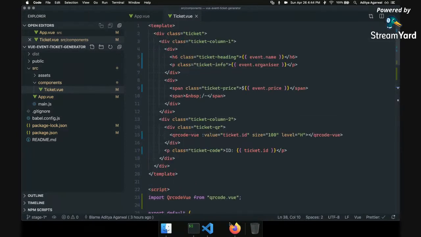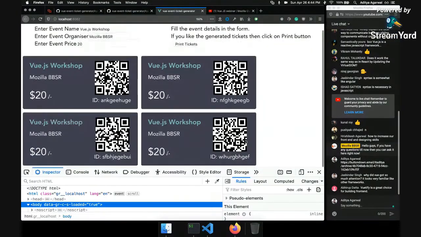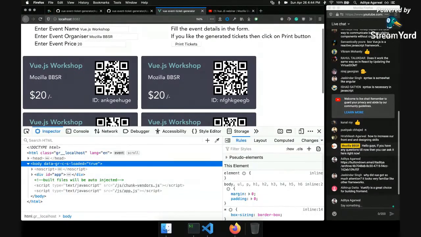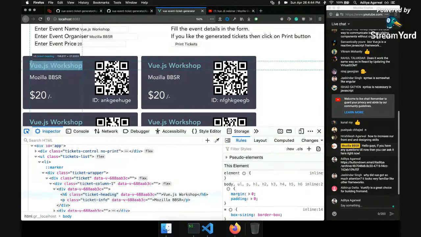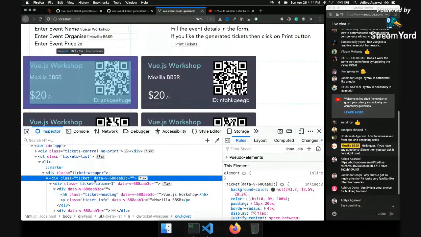And how it is doing that is very interesting to know. If I refresh the page, you can see here that for my ticket component there's something like data-v- and some random id.